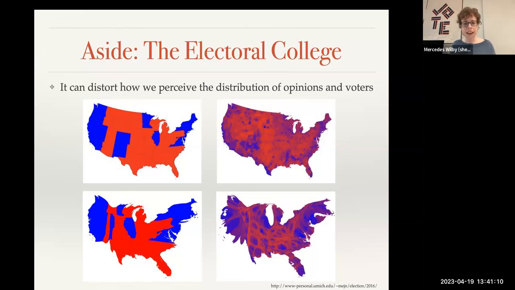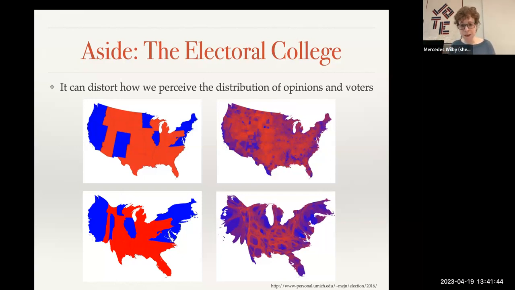But as you can see in the next map over, right next to our standard map, these shades of purple, some are blue or purple, some are red or purple, but everything looks mixed in purple. There are, again, darker blue areas and darker red areas, but look how much more blending there is. That's when the same election results are shown with shading based on proportion of the vote won, done by district rather than statewide.